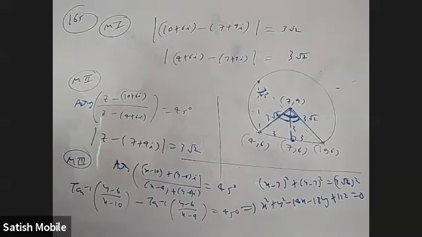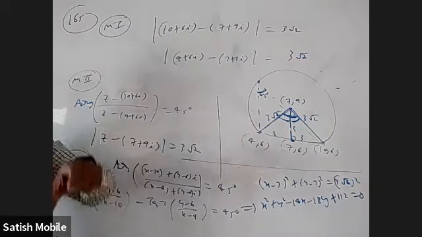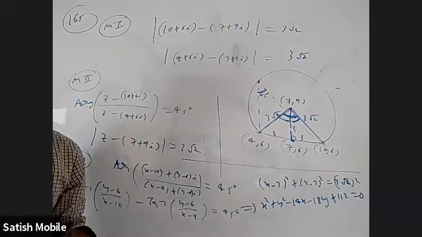Sir, once explain method 2, sir. Method 2, are you clear about argument of z minus z1 by z minus z2 equal to theta? will Yeah. give you a part of a circle. Are you aware of that? Yes, sir. Okay. Because if you have doubts about that, you will not understand.